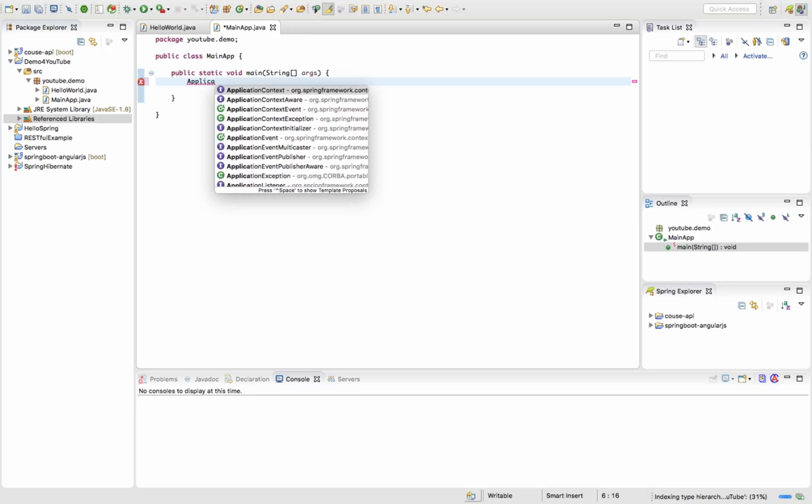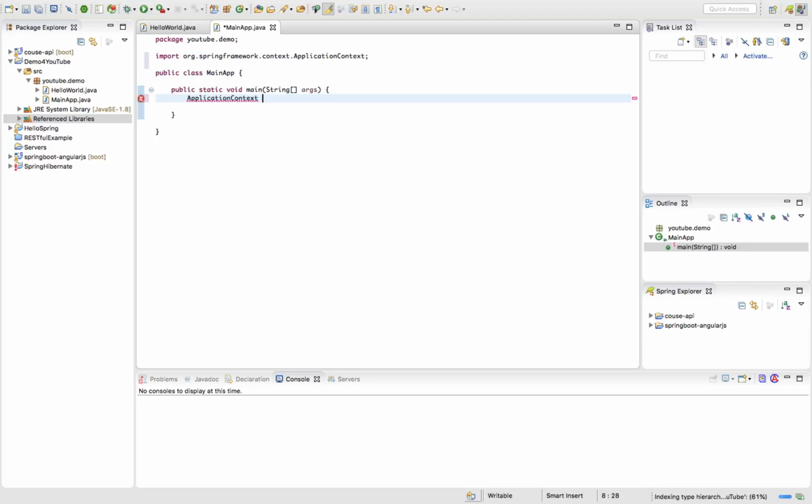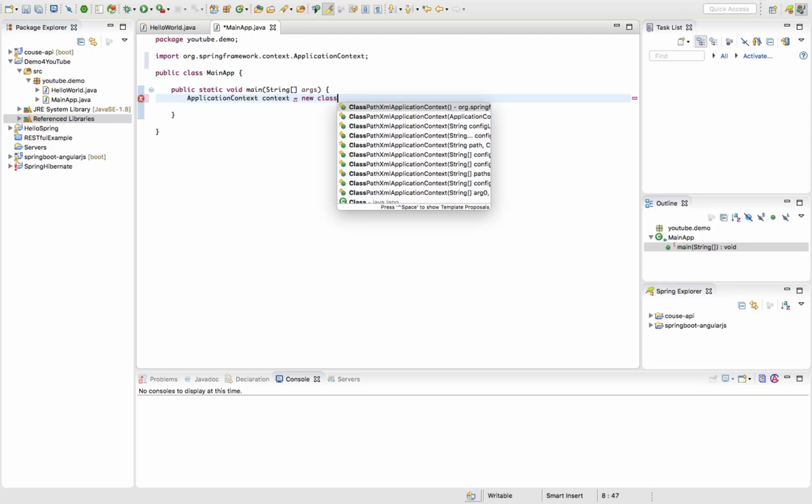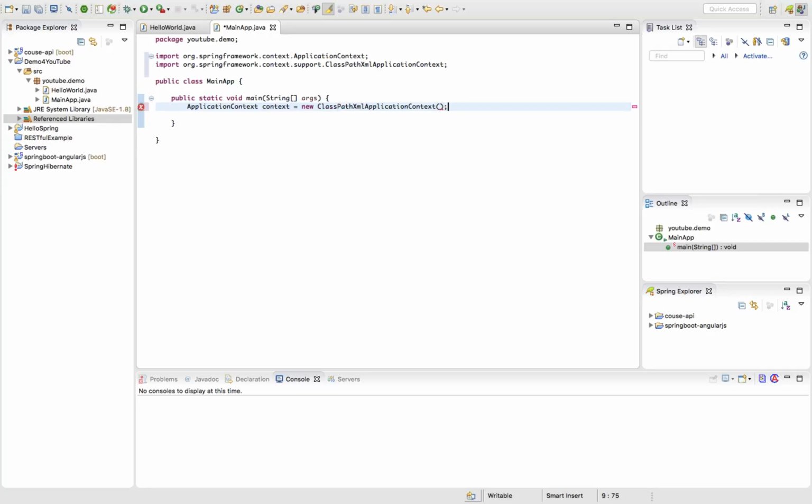So you don't need to type completely. Application context equal to new class. So I'm using this class path XML application context to load a bean. What I'm doing is writing a bean which tells that I have the following Pojo classes. As I said before, this is my Pojo. So I'm going to mention all of them in a bean.xml which I'll be creating soon. So let me just name it as bean.xml,